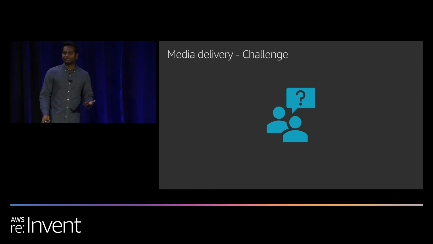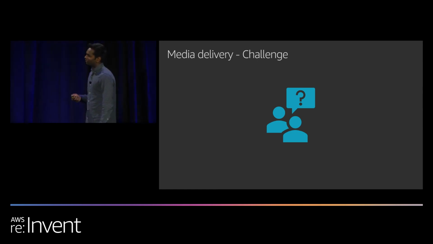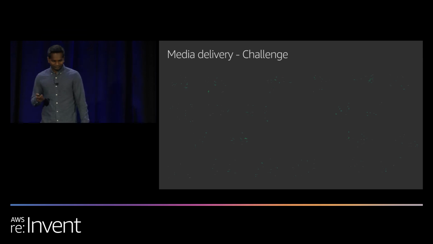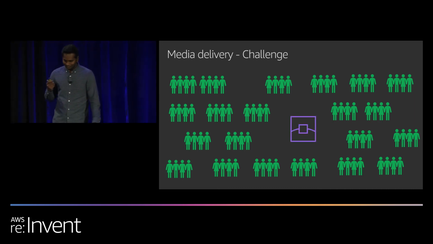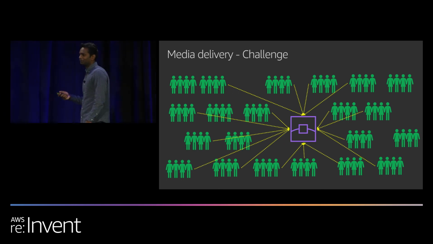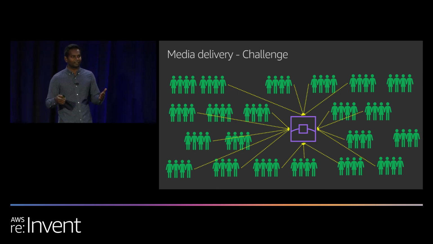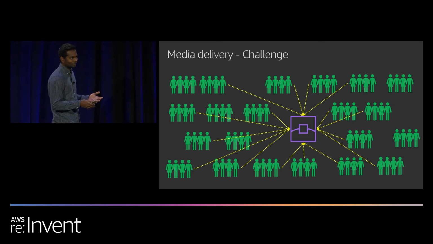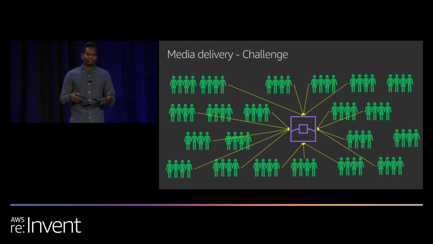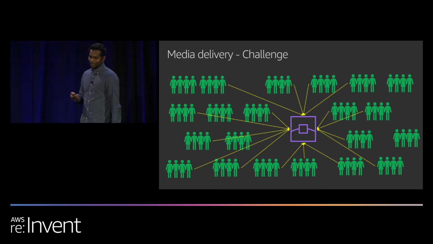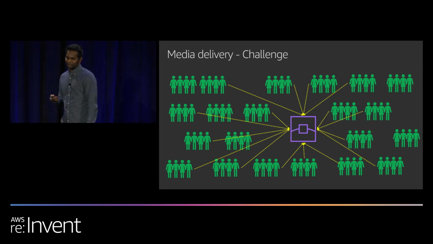There are multiple challenges in delivering live media content, but I'm going to talk about my favorite one. Let's go back to the Super Bowl day. We all gathered, we grilled some burgers, had some beer, having fun. But when the clock hit the game time, we stopped doing all that, and what do we do? We started watching the stream. Everybody started watching the same stream at the same time. So when this happens, we end up sending a bunch of requests to the same POP in that region. And this causes a unique problem in the CDN world, and we call this the flash crowd, also commonly known as the thundering herd problem.